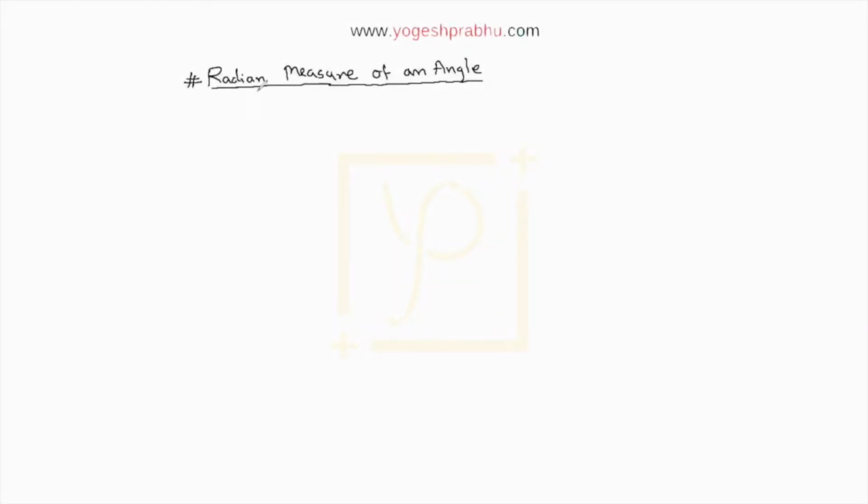Now in this video, we're going to talk about radian measure of an angle. If I have, say, this as an angle, we can measure it using a protractor, and the angle is, say, 30 degrees. The degree is the measure that you probably already know. Now we're going to look at one more new measure of an angle, and that measure is called radian measure, or it is simply written as rad for radians.